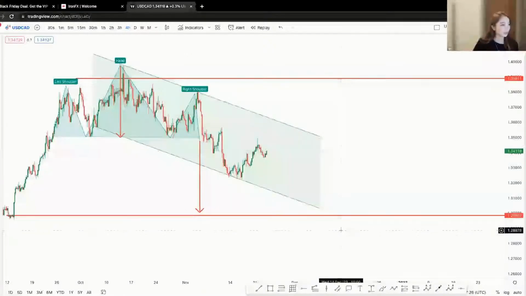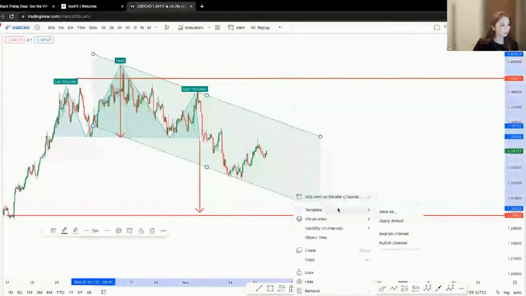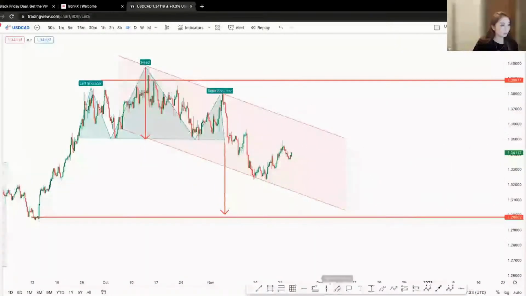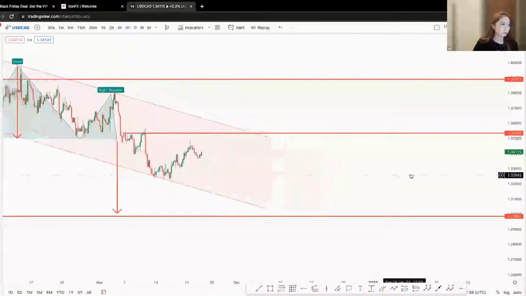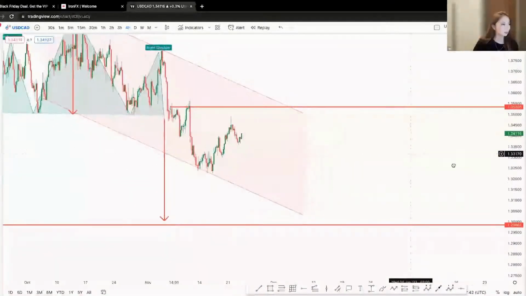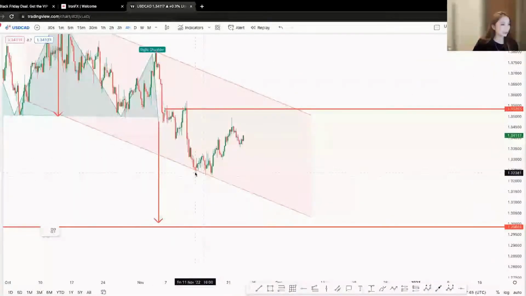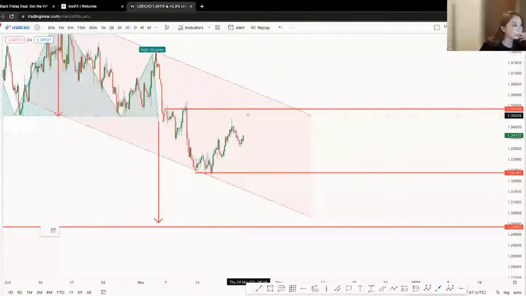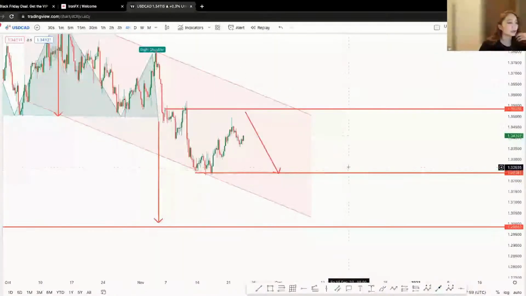However, we are still looking at a downward fall. Looking at a resistance level of 1.35355 to the most recent highest amount, we are looking at a general downward fall. I will not put my